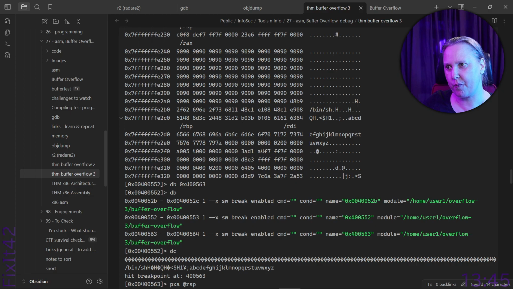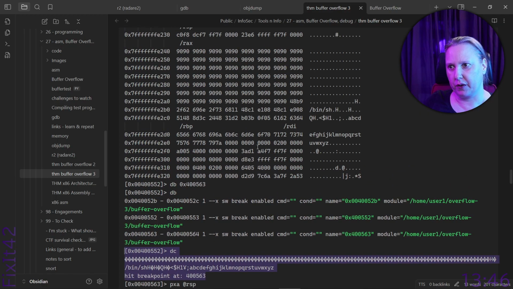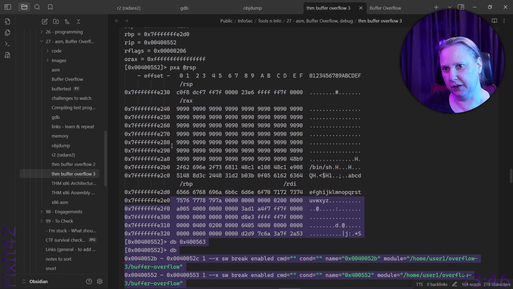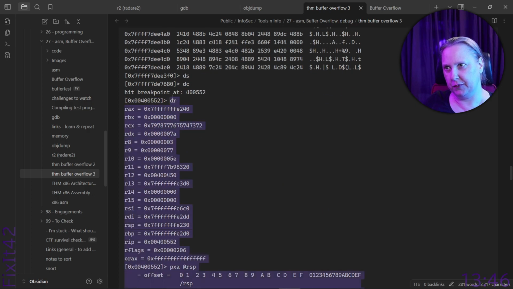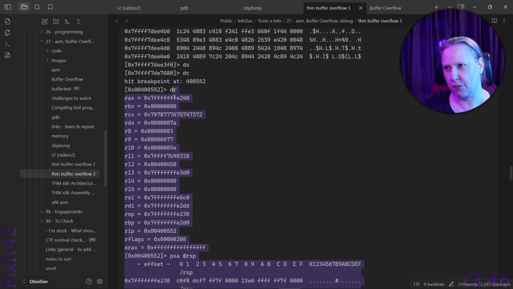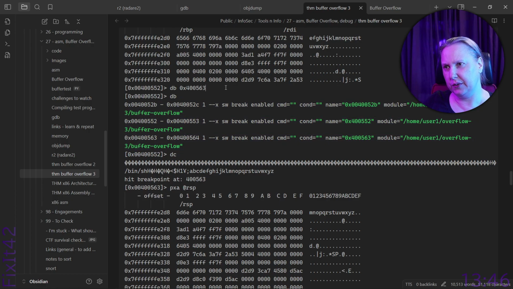I just want to get to the point. Then I did DC. We actually got the output here of the string, and it hit the breakpoint. So finally it worked with the DC. So I stopped. We can just remove this bit. So here DC didn't work. No, here we add a new DB.